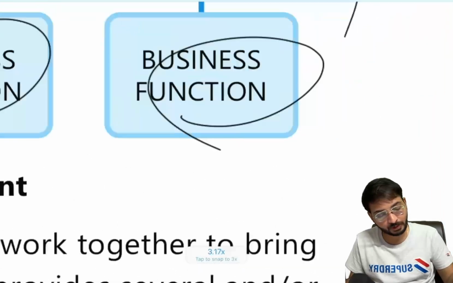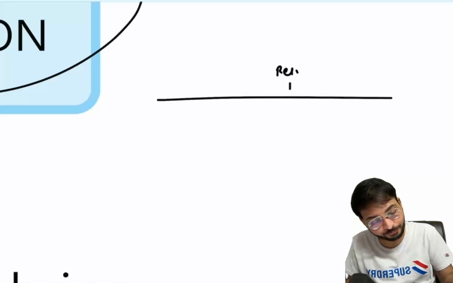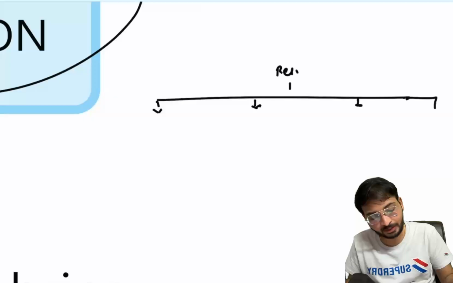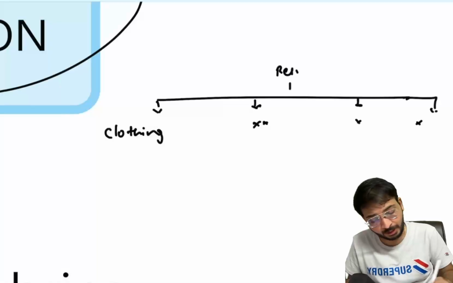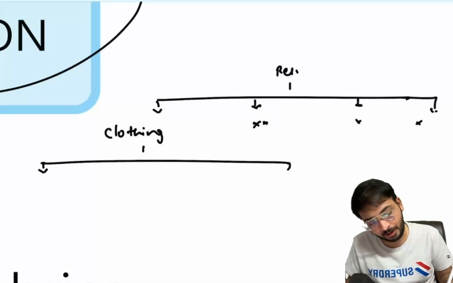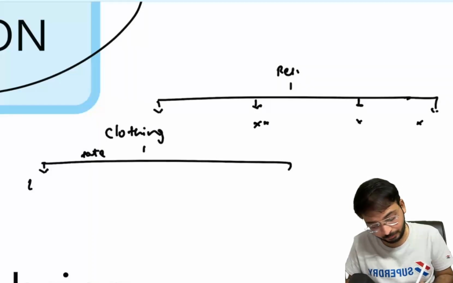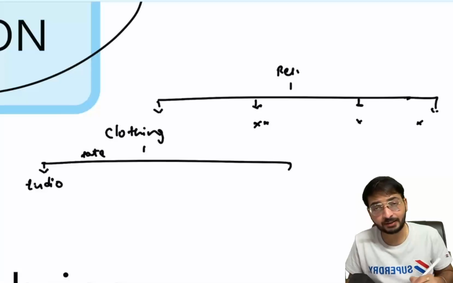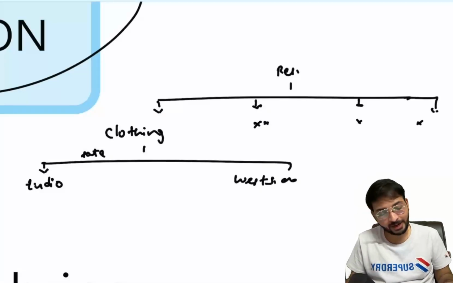Now, hey guys, you know Reliance. So Reliance, as we said, they are into clothing and they are into other business. Now clothing, again Reliance or maybe Tata, we can say they have two. Tata has a brand called Zudio. Tata has a brand called Westside. So both are owned by Tata.